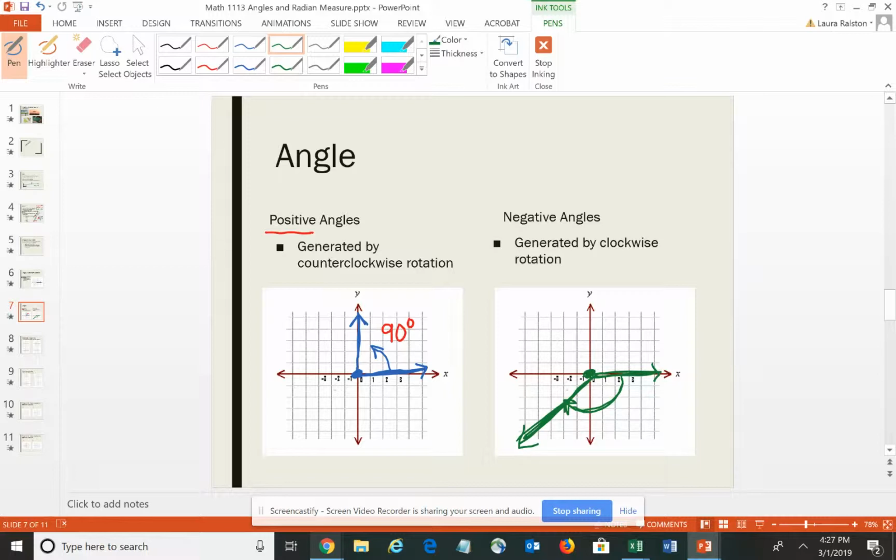And when you rotate clockwise, you're going to have a negative angle value. So I've kind of estimated here, but this one is roughly